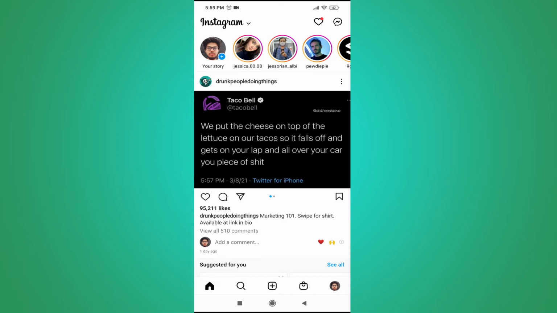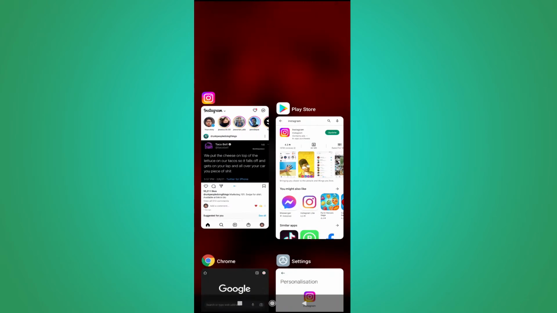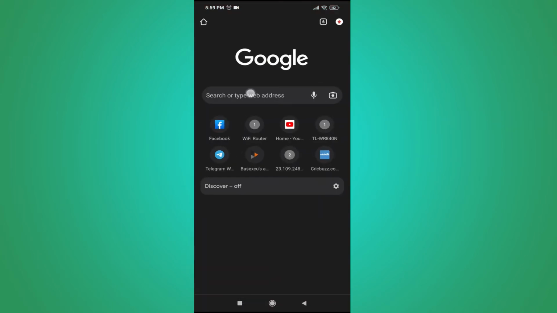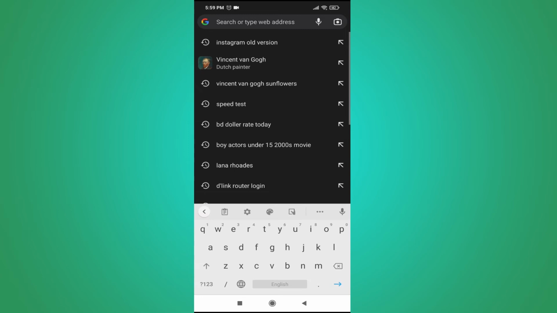Just go to the Play Store and update it and check if that helps you, or you can just reinstall it. To download an older version of Instagram, go to any browser. I'm going to the Chrome browser and going to Google and searching for Instagram old version,